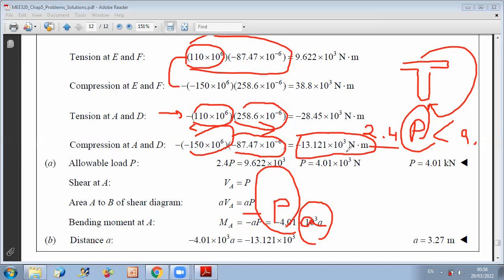which is 13.121 times 10 to the power 3. And you know that the bending moment, whenever you are at section A or D, is minus A times P. So all you have to do then is to say that minus A times P should be equal to, as the critical case, 13.121 times 10 to the power 3. And the value of P is already calculated from the previous step. So you can deduce what should be the value